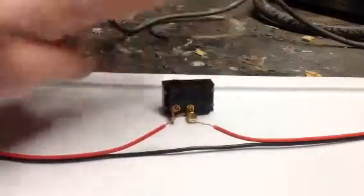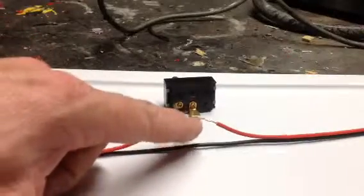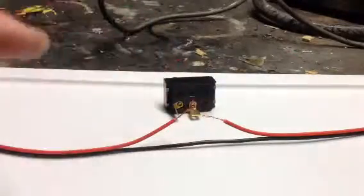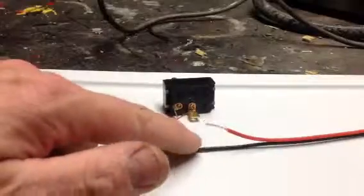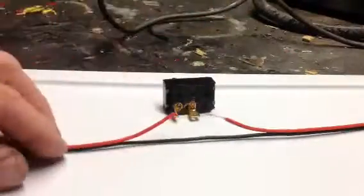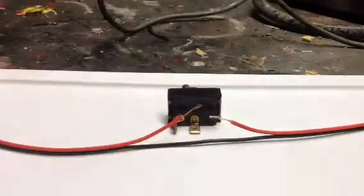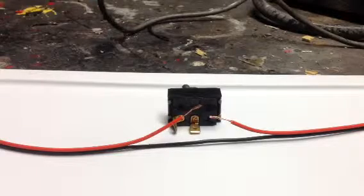And the reason for that is if you're doing AC wiring, your hot, your positive, would be black. Your common would be white, and then your ground is green. You would always have your switch on the positive, which doesn't seem to make sense, but the science behind that